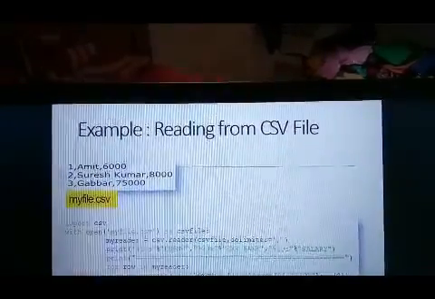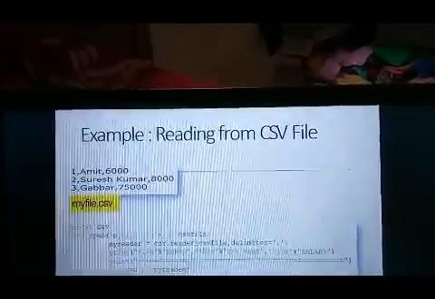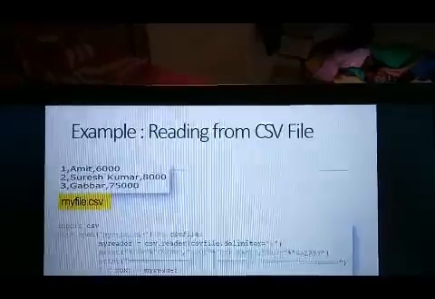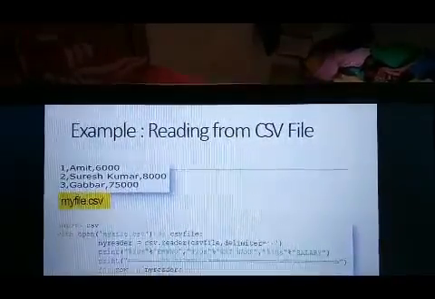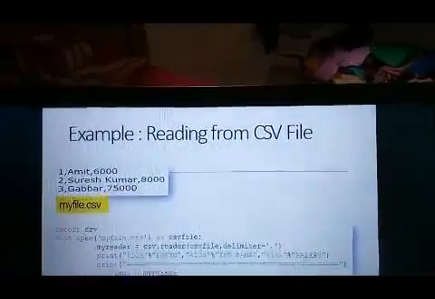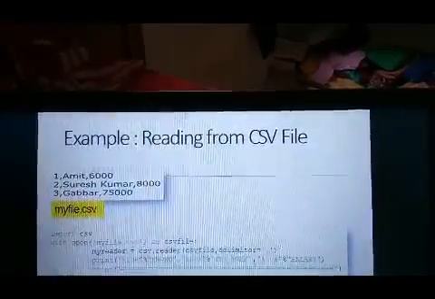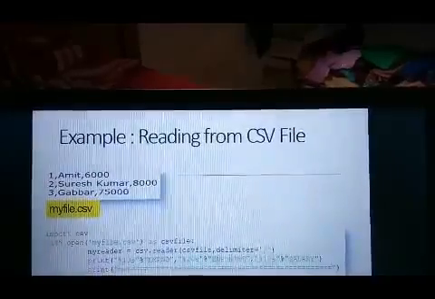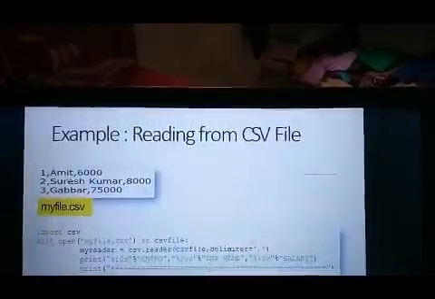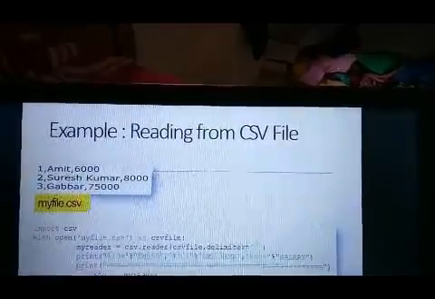The third line creates the reader object to perform the read operation of the CSV file. The first parameter is the name of the CSV file and the second parameter is the delimiter, that is, on what basis the values of different fields are read. By default it is a comma, so this is optional. If not given, it will be the default comma. However, if any other character is used in the file, then we must specify it. MyReader will become a CSV reader object to read a CSV file.